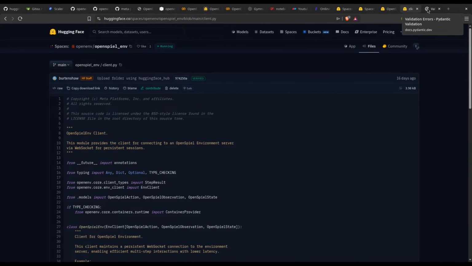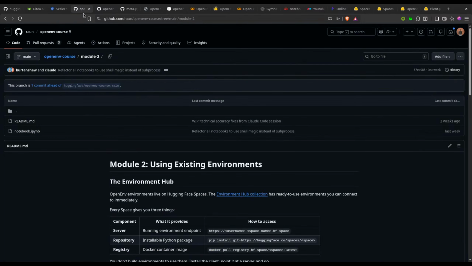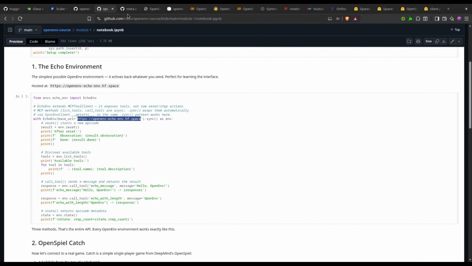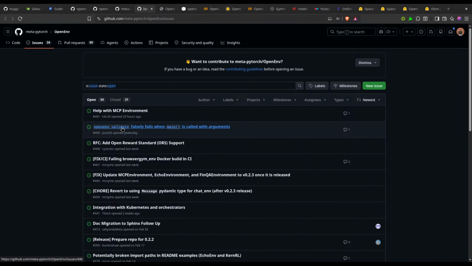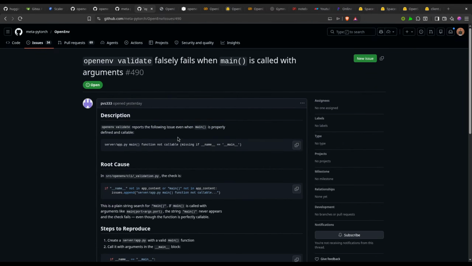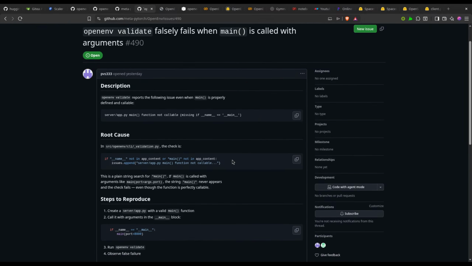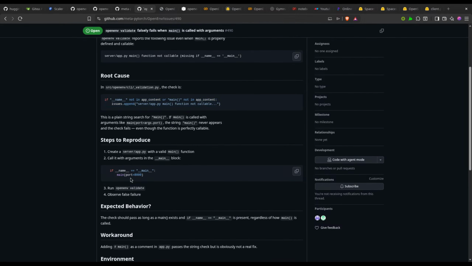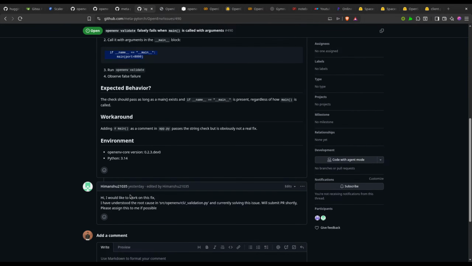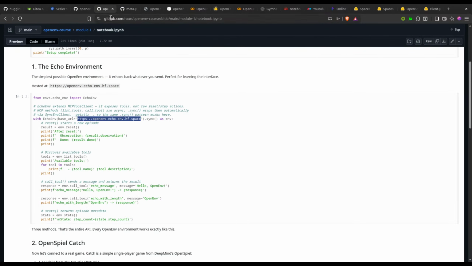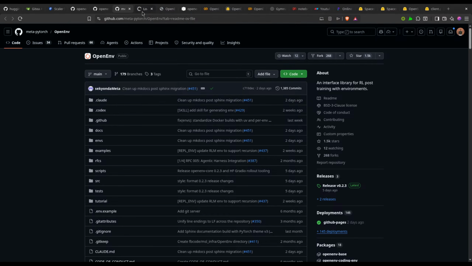Do they have their own... is there an issue? OpenEnv validator fails falsely when main is called with argument. Missing if this, the check is this. Search.